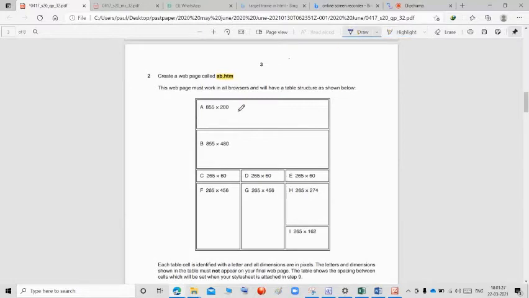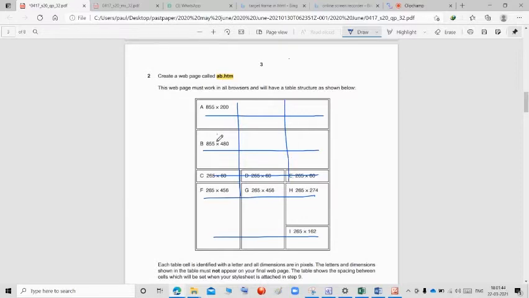In this, they are having one row, like 2, 3, 4, and 5 rows. And columns 1, 2, 3. 3 columns are there. So totally 5 rows and 3 columns are there.